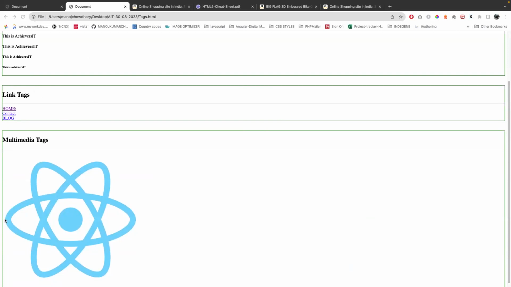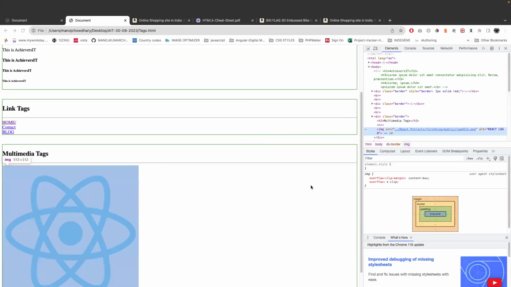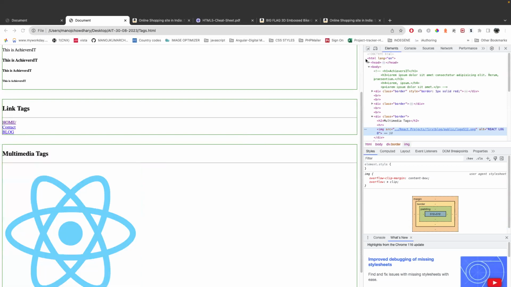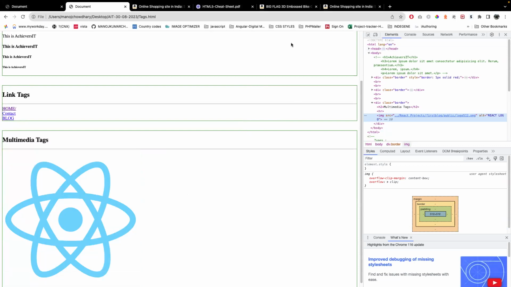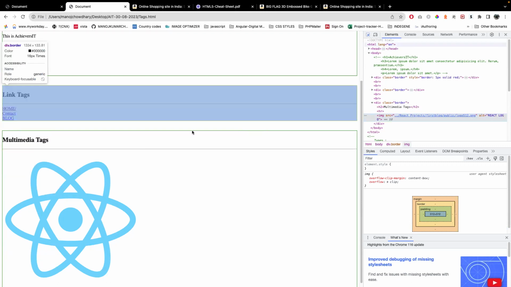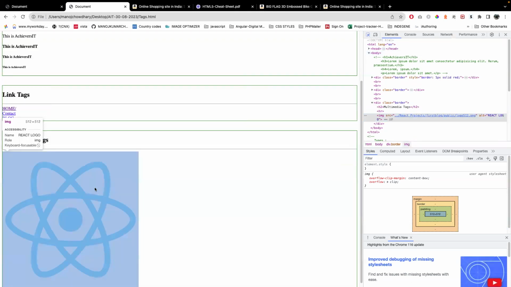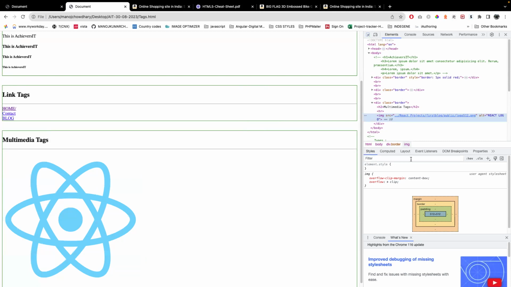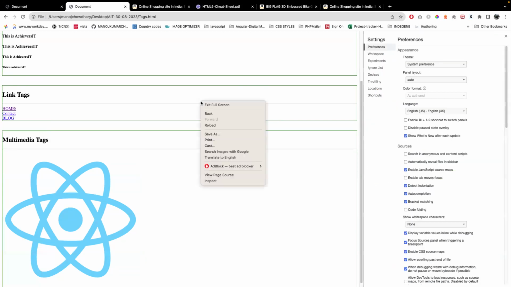So if I just go and check the dimensions of this image. What are the dimensions of this image? Let me check it out. So what is the size here? 512 into 512. Height is 512 and width is 512. That is the default size of that image. So now if I want to increase the size of that image, for example,